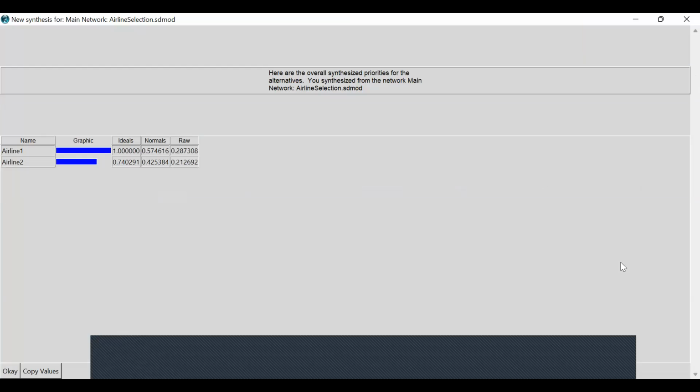So airline 1 becomes preferred over airline 2 because I had to move the matrix, the value of preferring the criteria price over reliability. Remember, the original assumption was 7. Then I moved it to 1 just to do the consistency check. And because of that,